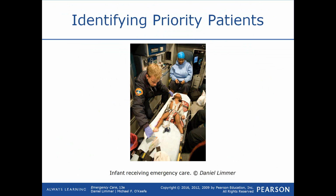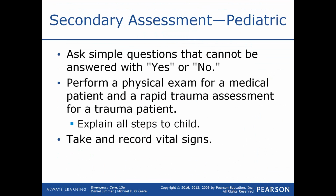So pretty much it's acceptable to use some sort of either weight-based device or length-based device to determine equipment that you might need for your pediatric patient. When you're doing a secondary assessment, patients, particularly younger patients, may only be